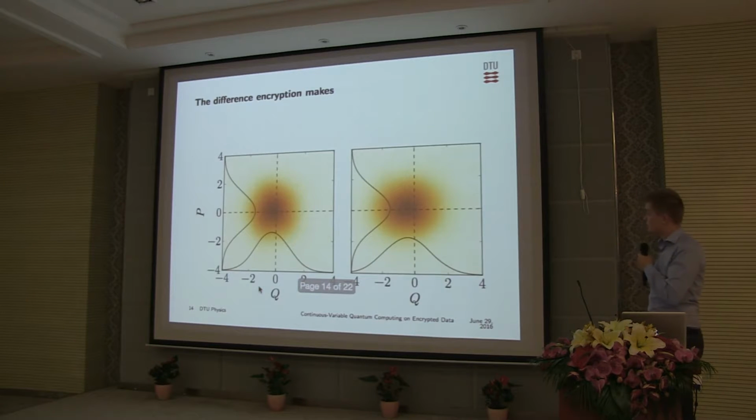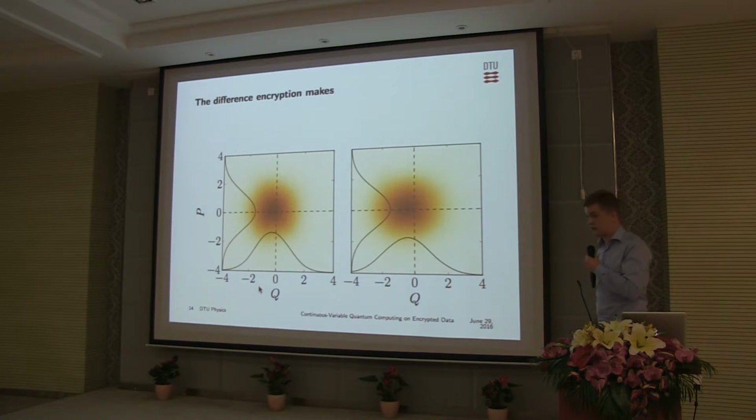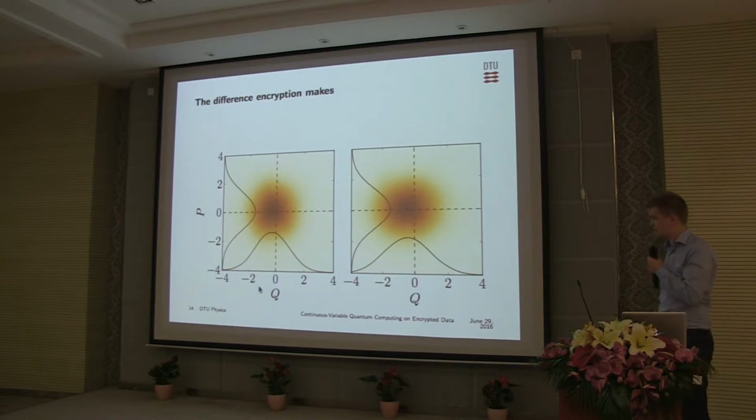Okay. So if you try to reconstruct the Wigner function that comes about from this, the one on the left is just the gate operation without using all this encryption stuff. So this looks like a displaced state, as it should. But you see here maybe on the marginal distributions for the other one, which uses the encryption-decryption procedure, that it's been smeared out a bit. So we want to somehow quantify how our decryption operation degrades the output.